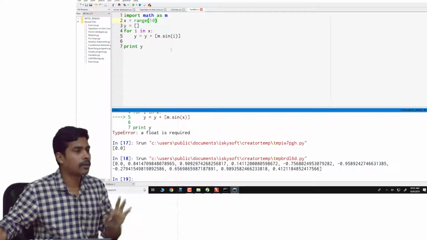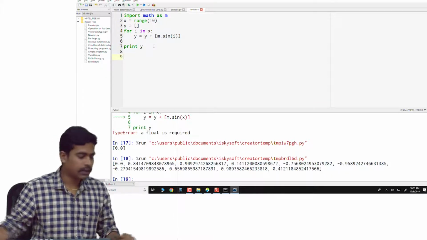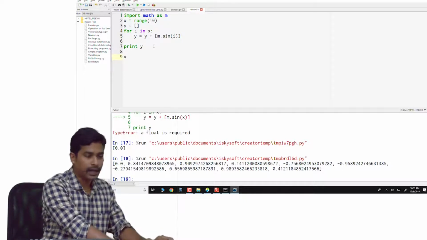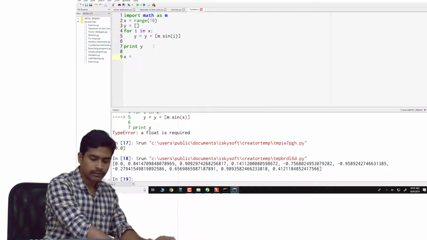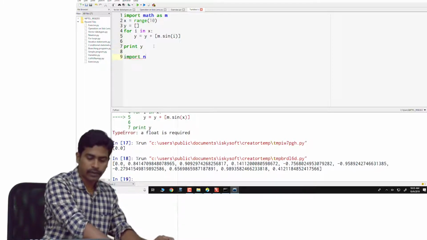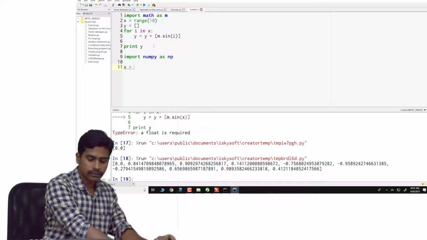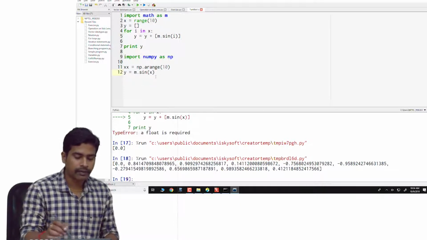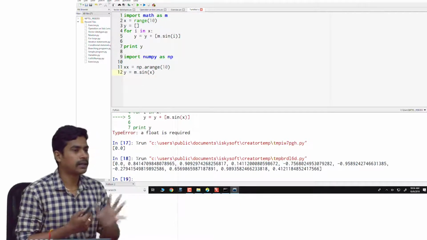So this is how we do it normally using for loops. To do the same thing, as I've said before, everything is the same, but we just have to make an array. For that, I have to import numpy first. These two lines are exactly similar to what we have written here, but here we are making use of the numpy array.